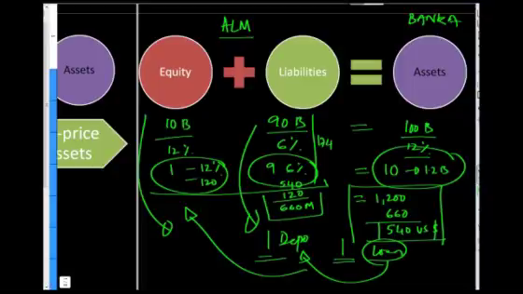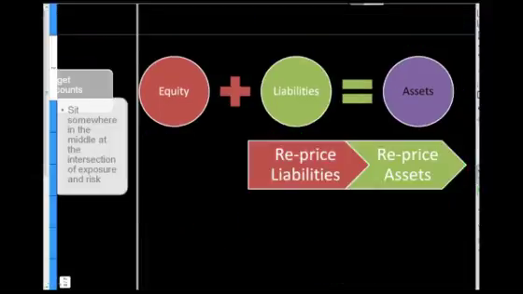So to look at an example where this fuss actually occurs, let's do a slightly different variation. In this variation, let's think about a scenario where both deposits, the 90 billion that we had here, and assets get repriced. And now, rather than looking at Bank A, let's look at Bank B. What Bank B did, same structure, same performance, is that it takes the entire amount, just 10 billion here, just 90 billion here, and uses this to go out and purchase a 10-year bond.